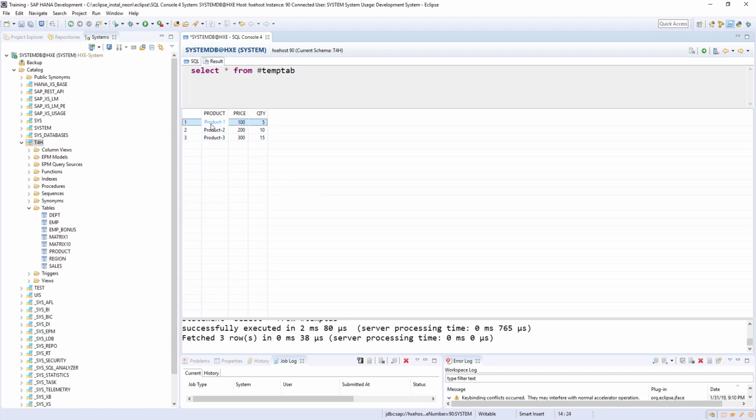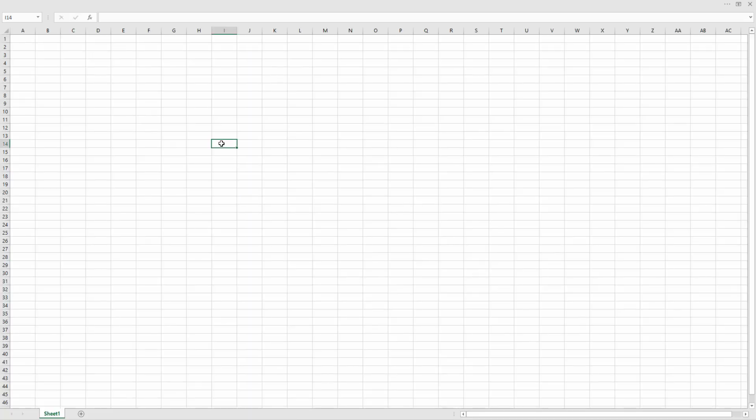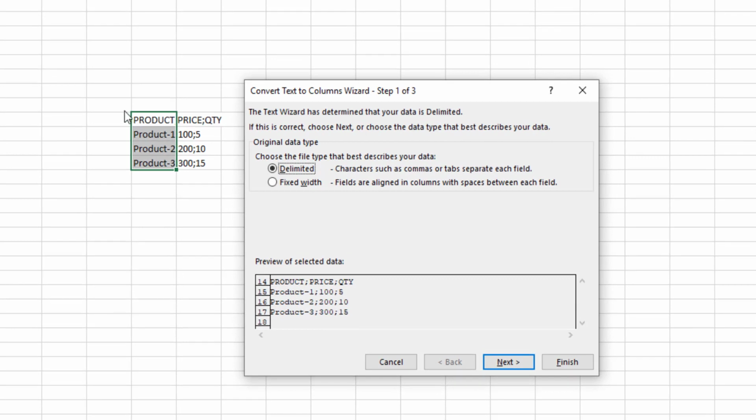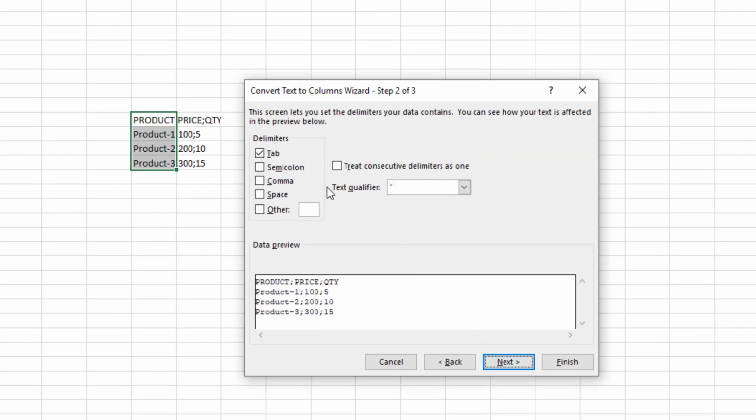Now before writing the code, let me explain the same thing in Excel. If I take this in Excel, I'll split into columns, semicolon, finish. Now we got 3 columns.